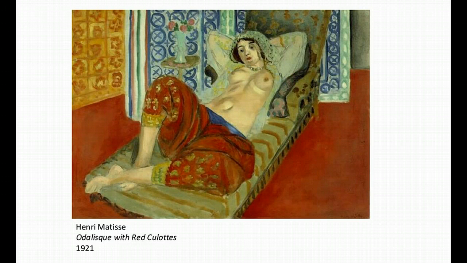So Matisse is changing the way that this odalisque is rendered. This is not the perfect perfection of an Ingres painting. It's not painted with a brush that has one bristle on it. It's very brushy. It's almost watercolorish, but all that stuff aside, it is still a very traditional picture to render. A nude reclining woman, or a partially nude reclining woman, put out there for male observers to objectify, quite honestly.